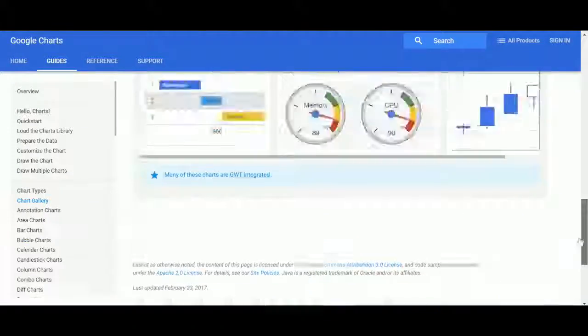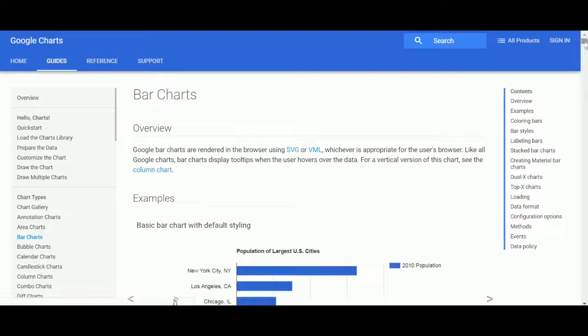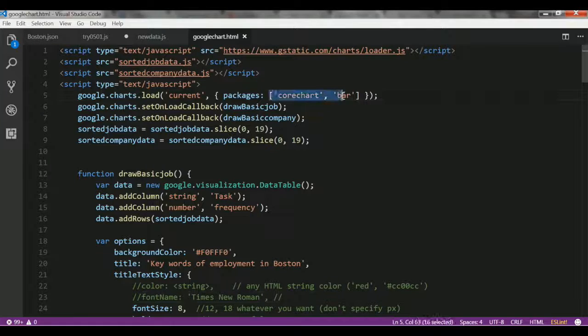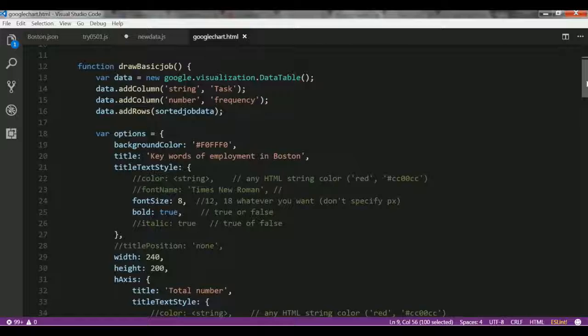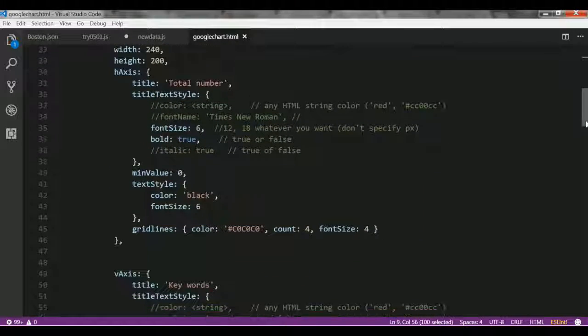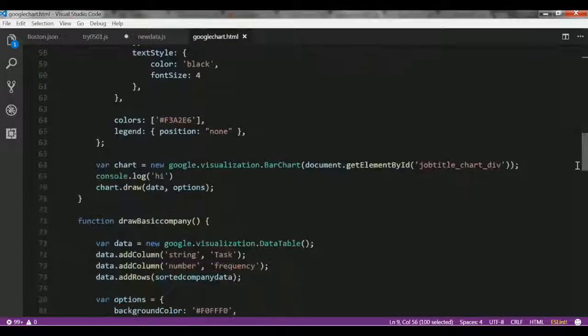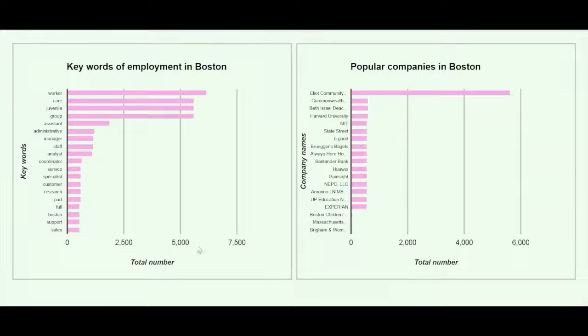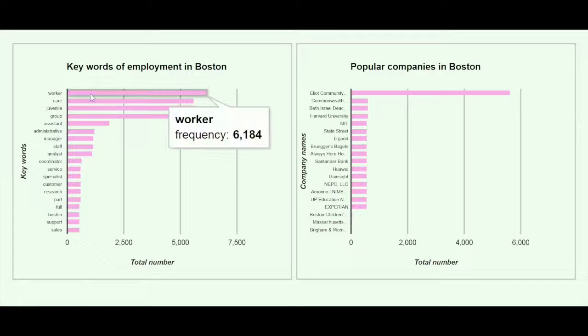We want to visualize all the useful information with Google Charts. Considering the data format, we decided to use bar charts. Based on aesthetic considerations, we only pick out the top 20 keywords or company names. We learned the web page layout and Google Chart options. These are our detailed settings. This is our web page showing the keywords and company names. Through the charts, the user can clearly see the most important job types or characteristics.